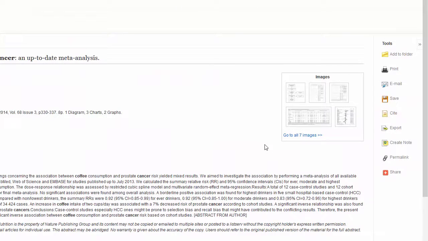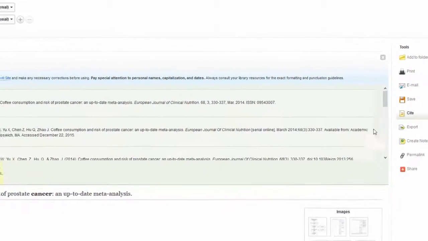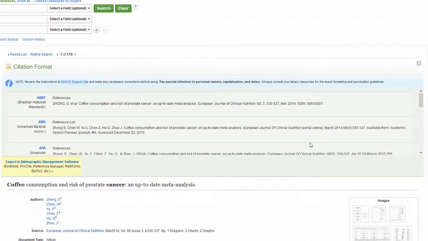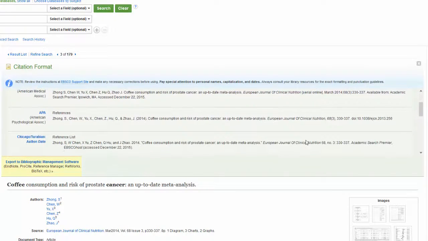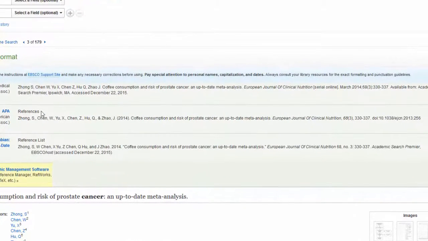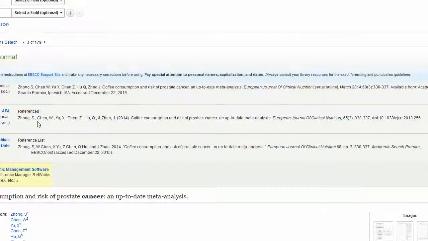I prefer to use the Cite tool that's a part of the database. On the right, I'll click on the word Cite. This brings up a list of different standards. We need APA, or American Psychological Association. First, the Cite tool indicates what the reference page should be called, in this case simply references, and then it provides the reference page entry. This must always be checked for correct formatting.